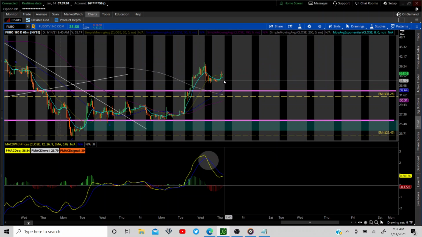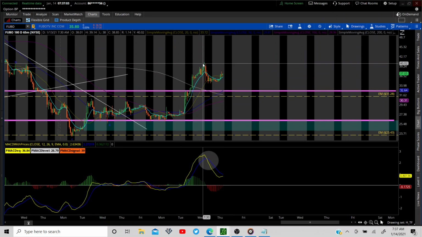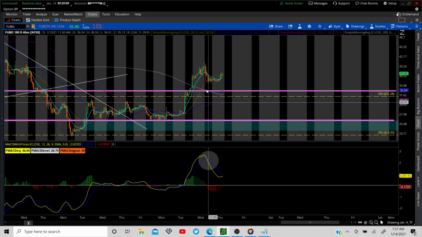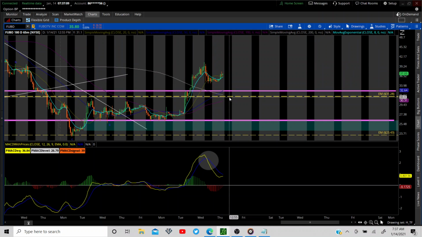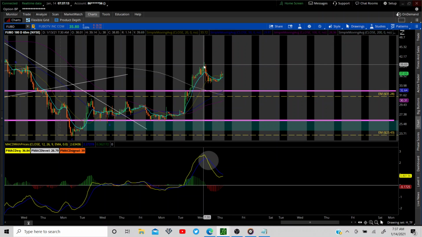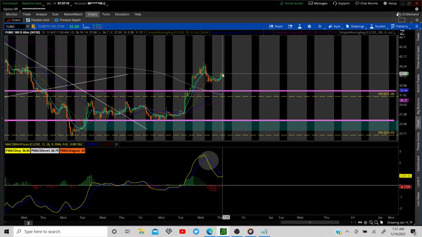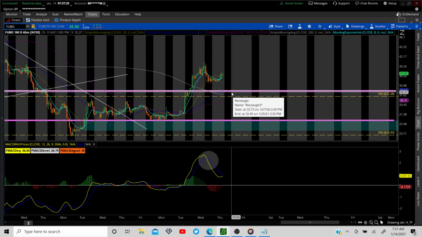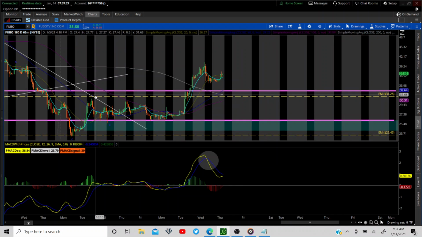Right now, it's going to be gapping up a couple points, but be cautious if we don't cross on this MACD here. We may come all the way down to this expected move here, and that would create an A, B, C correction, or maybe even this support here, and that would be a fantastic buying opportunity. And get this, this is a wave 1, 2, 3, and we're working on 4.